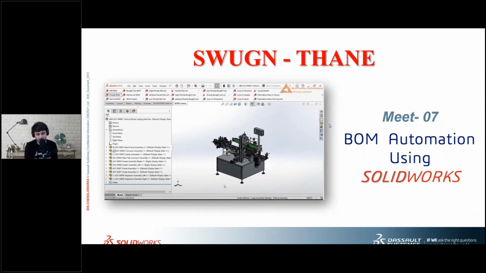Today we're gonna talk about something related to industrial automation, related to designs, bill of materials included. SolidWorks has given a very interesting and integrated platform where you can do your design automation using various tools. We're gonna talk about one such tool which has recently come into the market. I just got some insights of the tool and I found it really interesting, which captivated me and brought me here to give a presentation on it today.